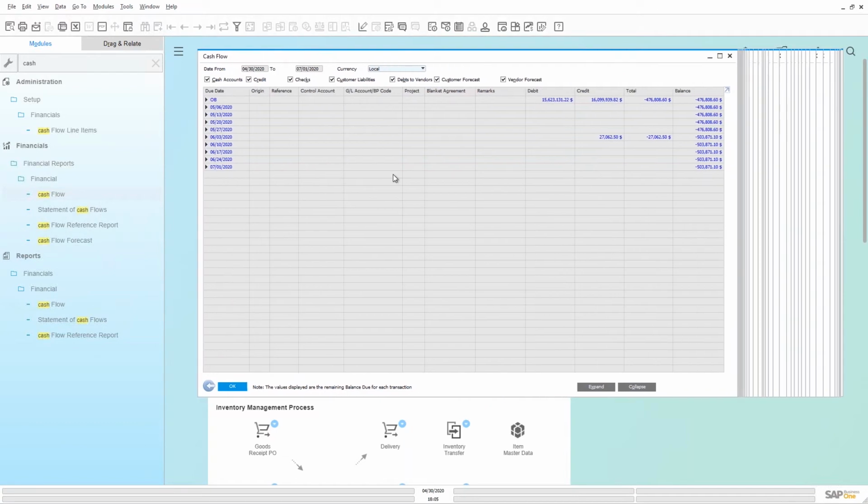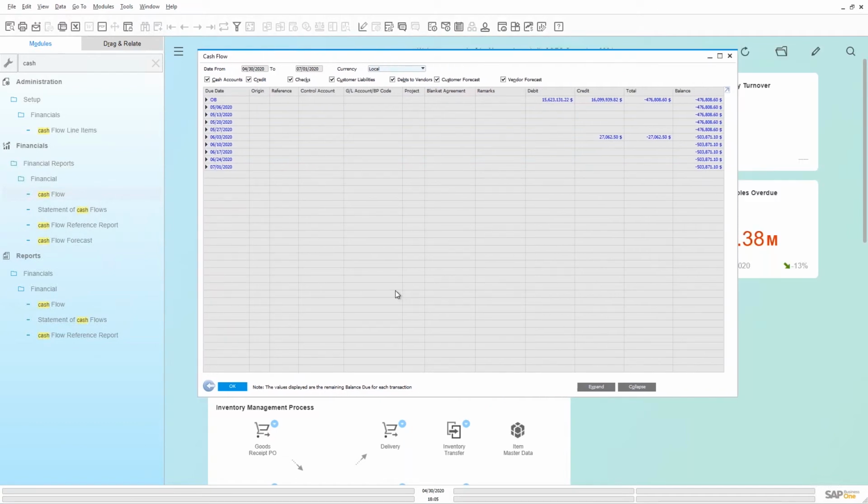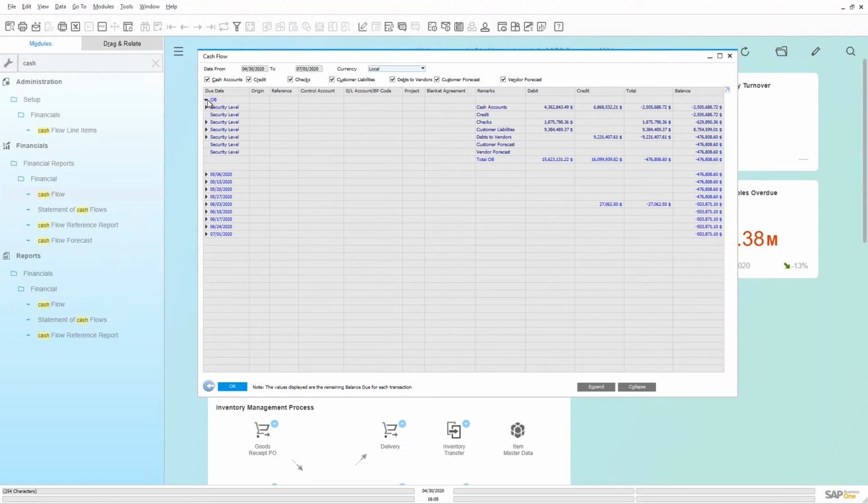So when it comes up, it's fully collapsed. You could do the expand all, or you could expand each triangle one at a time. I'm going to just expand the opening balance and explain a little bit about what's going on here. So when we get to the opening balance, what it's showing here is everything up until today's date, April 30th,